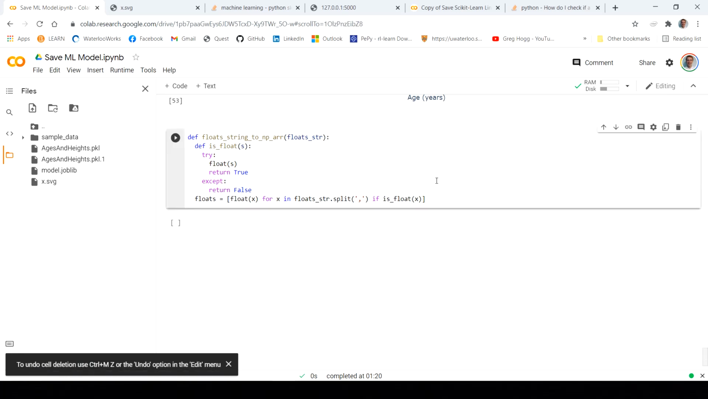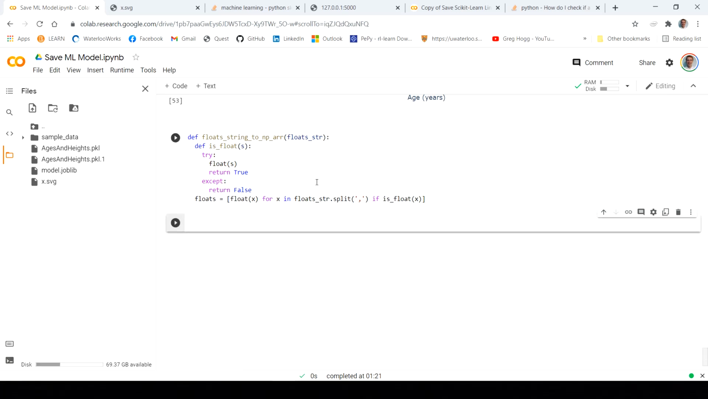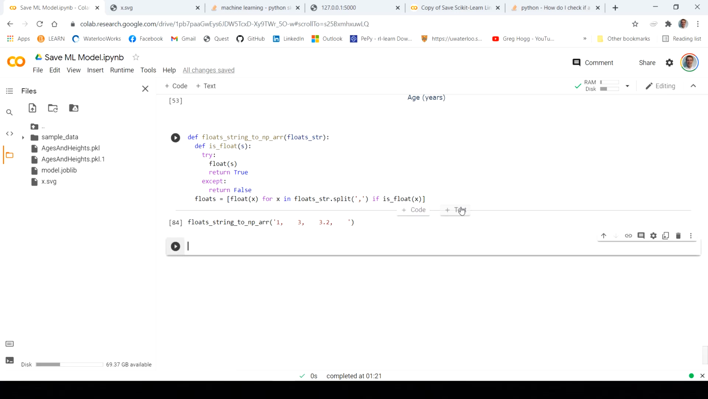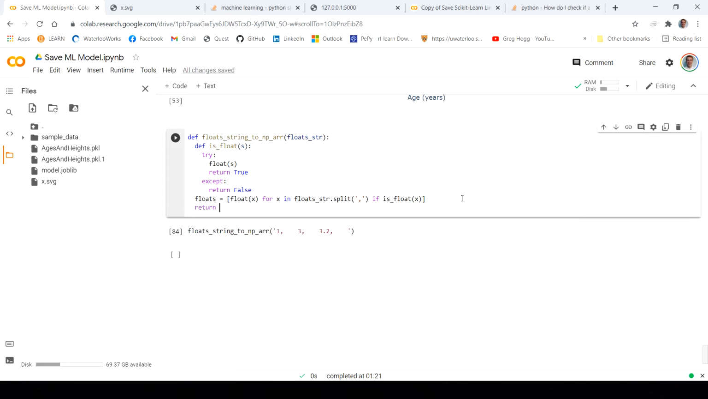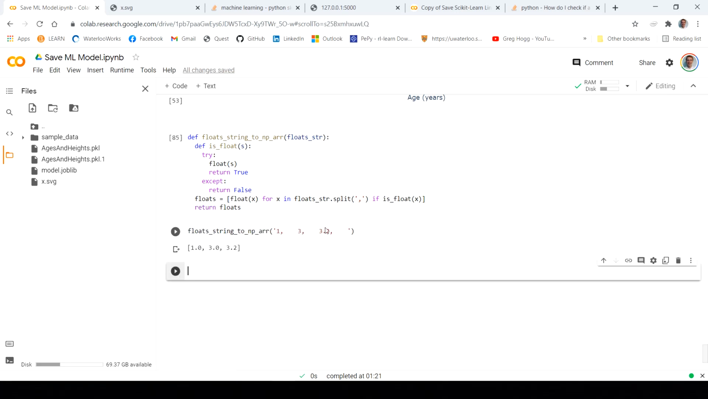Clearing this up, we run this function, and just to test this thing, so floats string to numpy array of, and of course it's not actually doing what it's saying it's doing yet, we're not quite there yet, but if we pass it this string, say 1 and then some space 3 and then some space 3.2 comma and then some space afterwards, if we do that, it's, well, not going to return anything. Sorry, I forgot to say return floats, and what that does is returns all of those floats without any errors,